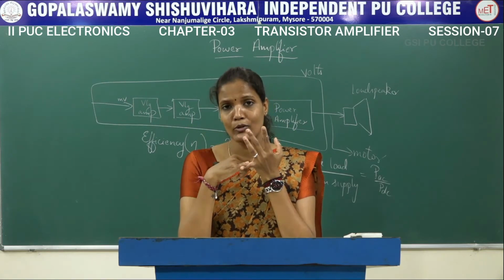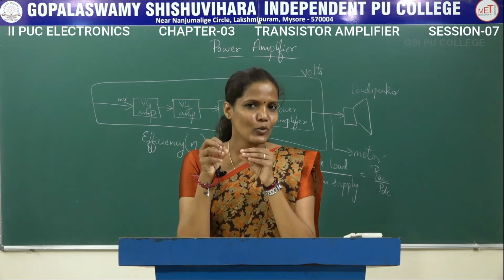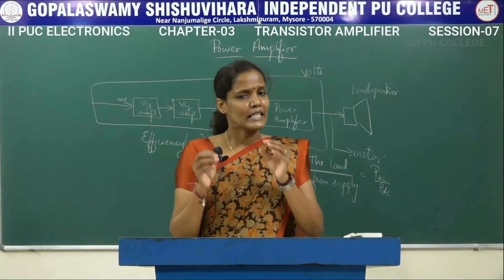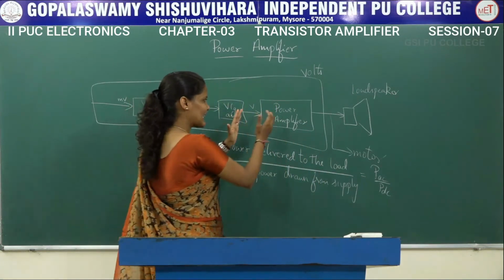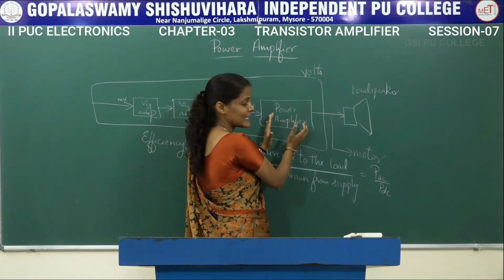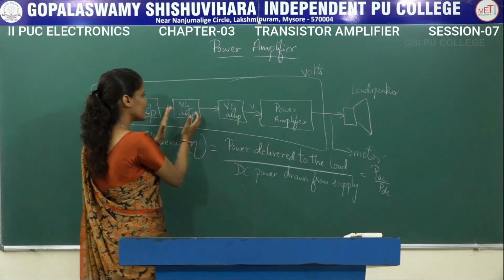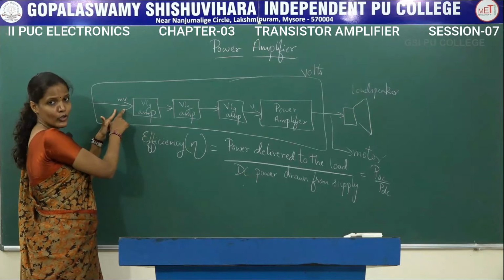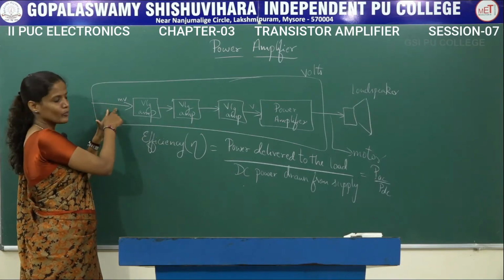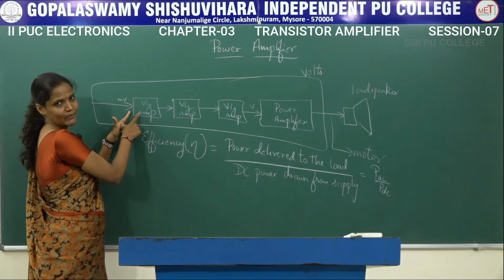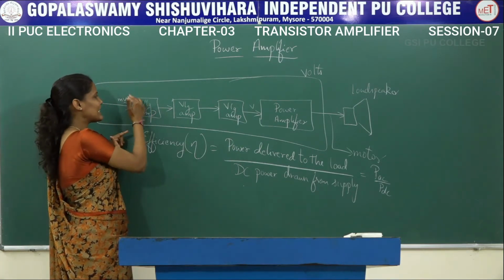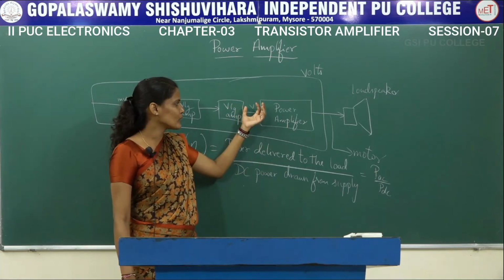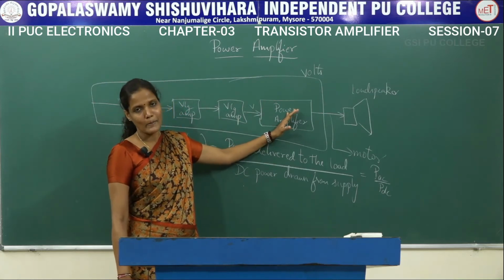So sensors inda baruvanthaddu athwa microphone inda baruvanthaddu, all these voltages are very very small, that is it will be in terms of millivolts or microvolts. So hagagi those millivolts or microvolts cannot be directly given into a loudspeaker. That is the main reason why we are using this voltage amplifier preceding this power amplifier. So directly that microphone output voltage or instrumental output voltage will be given to the first amplifier. This voltage amplifier will increase the voltage level of these input signals, and that signal will be converted in terms of voltage which can be given as the input for this power amplifier.